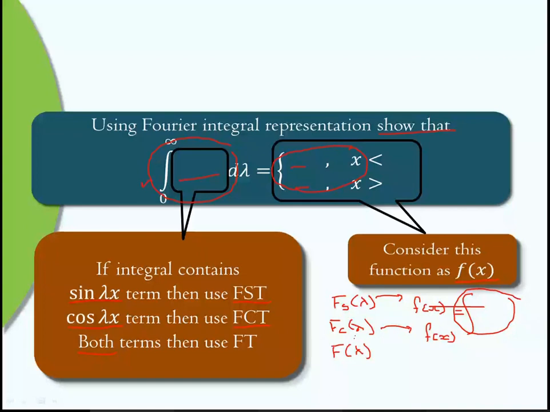So first, take the right hand side as f of x, and check out the terms in the integration. Sin λx: don't forget this angle must be λx. If there is a different angle, only λ or only x, then don't consider that term. Consider the term in which we have the angle as λx. If it is together with sine or cosine, then accordingly use the corresponding Fourier transform. For both terms use the general Fourier transform. And then the inverse of that gives us this f of x, the right hand side, in the form of an integration. Whichever integration we got and whichever is asked for, we have to check whether those two are the same or not.